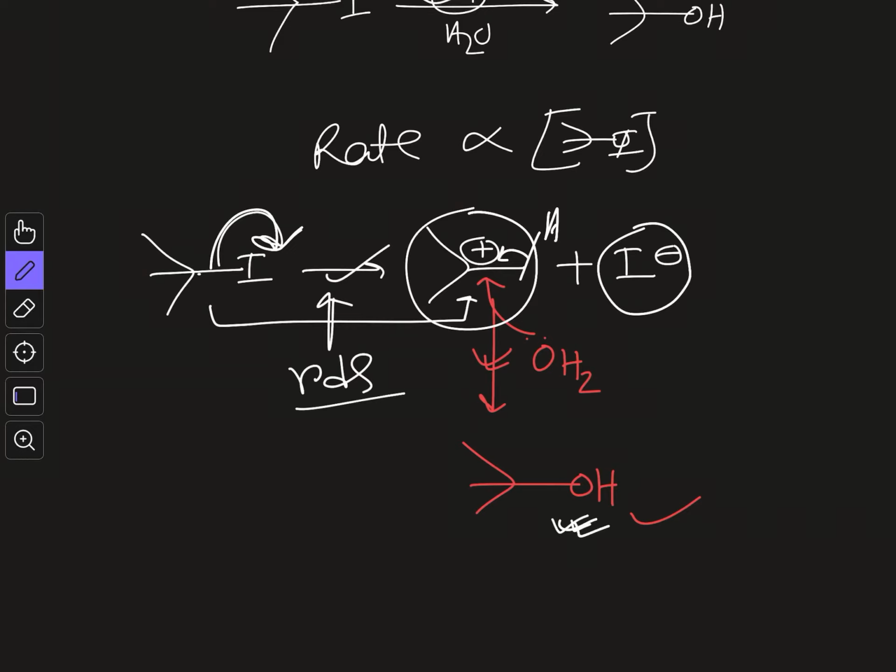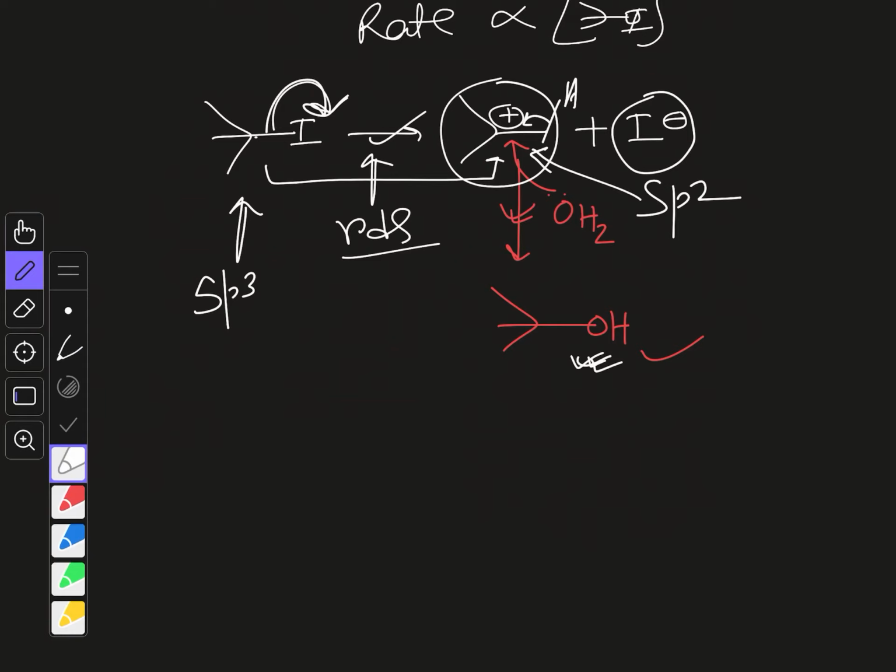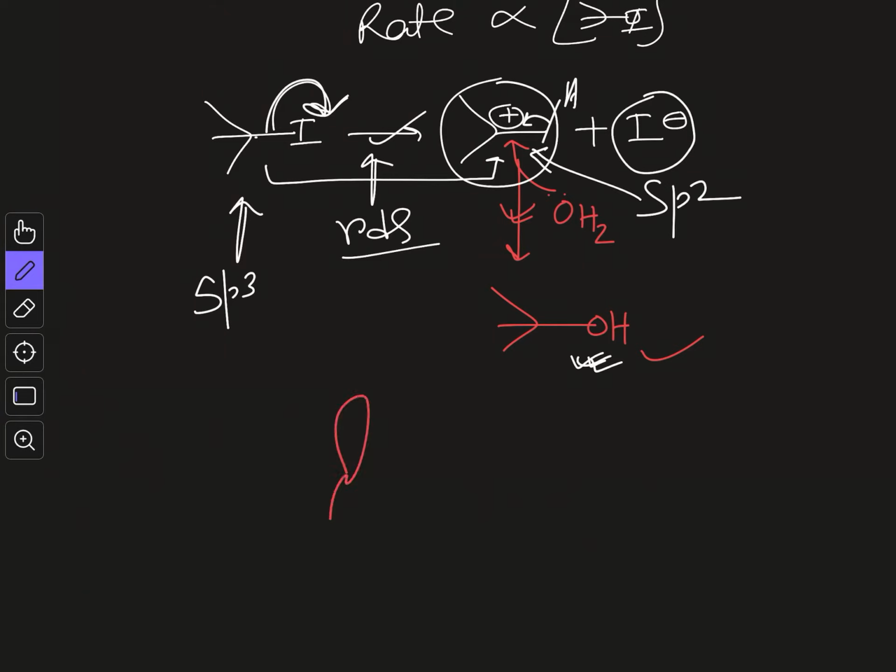Now again, in this case also, this carbon is sp3 hybridized, and after this C–I cleavage, in the carbocation you will get, the carbon atom is sp2 hybridized. So how will the carbocation look? It will look like this. Okay, so here you have one methyl group, here you have another methyl group, and here you have another methyl group. This is the carbocation, the vacant p orbital. Okay, and if you want to know more about carbocation, watch my previous videos. I discussed carbocation in detail.